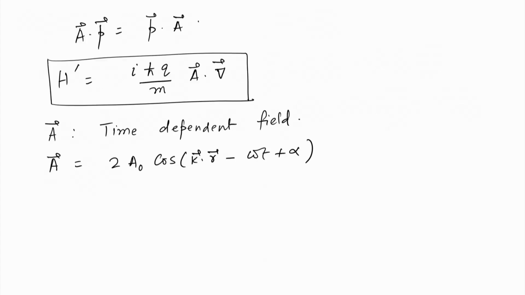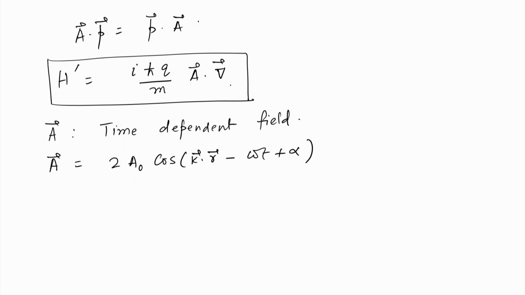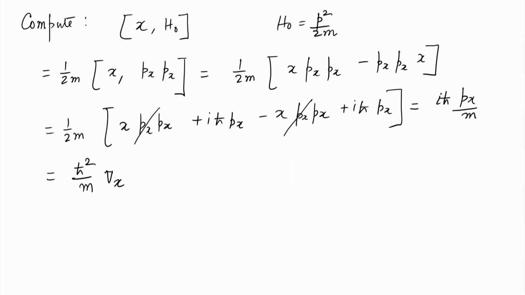So, if you go back to our perturbation, which had a term which is A dot delta, it is like a x delta x, a y delta y, and a z delta z, and of course this is a vector, or you could take a polarization in a direction that you want. So, delta x from here is equal to m by h cross square x h naught, and similarly we have